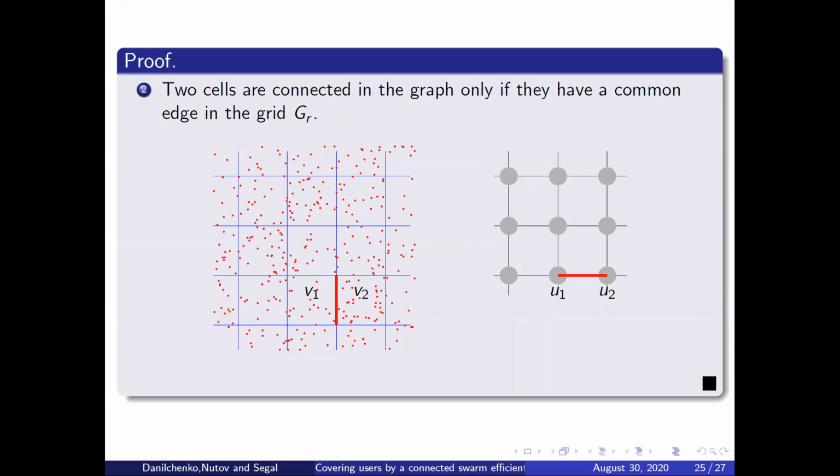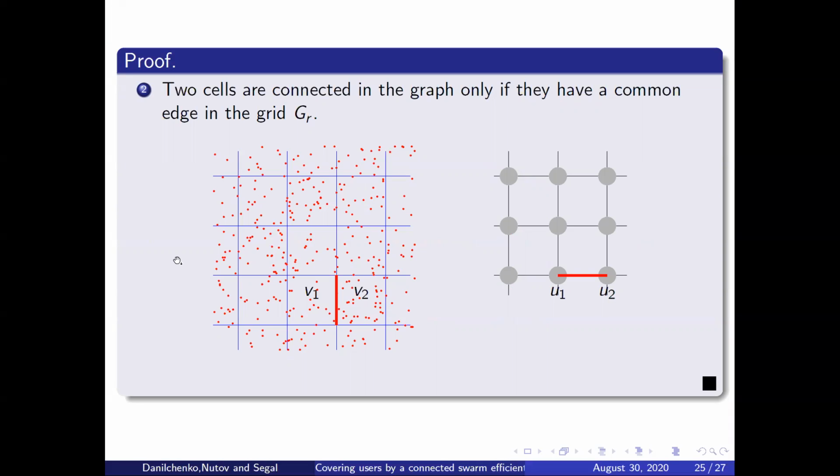In the next step, I want to present the area divided into a grid as a graph. We define the graph representing the grid in the following manner. Two cells are connected in the graph only if they have a common edge in the grid. Now I want to give some example of this representation. On the left side